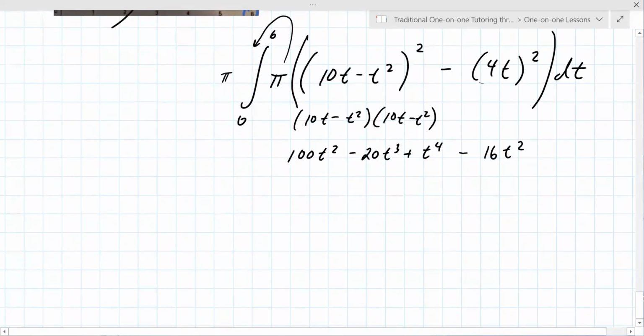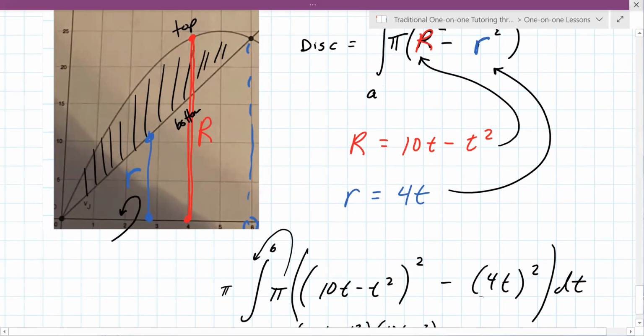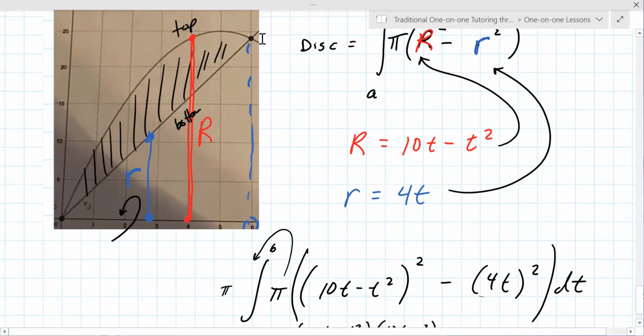Now, is this a washer example? Yes, washers have big R and little r. How do you identify if you need to use washer or not? If there's a gap between the axis and the region that you're rotating. Okay. So what is